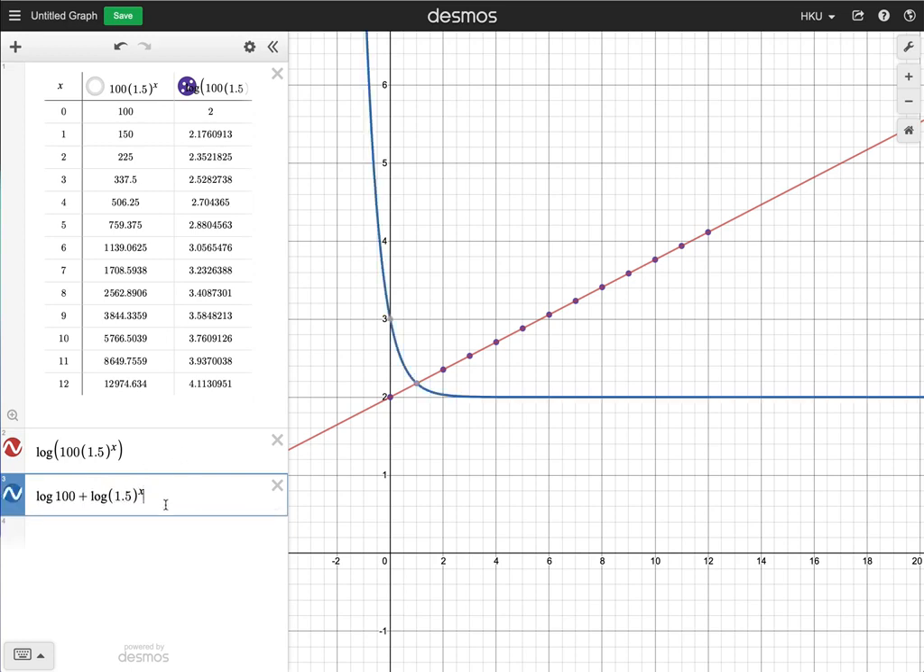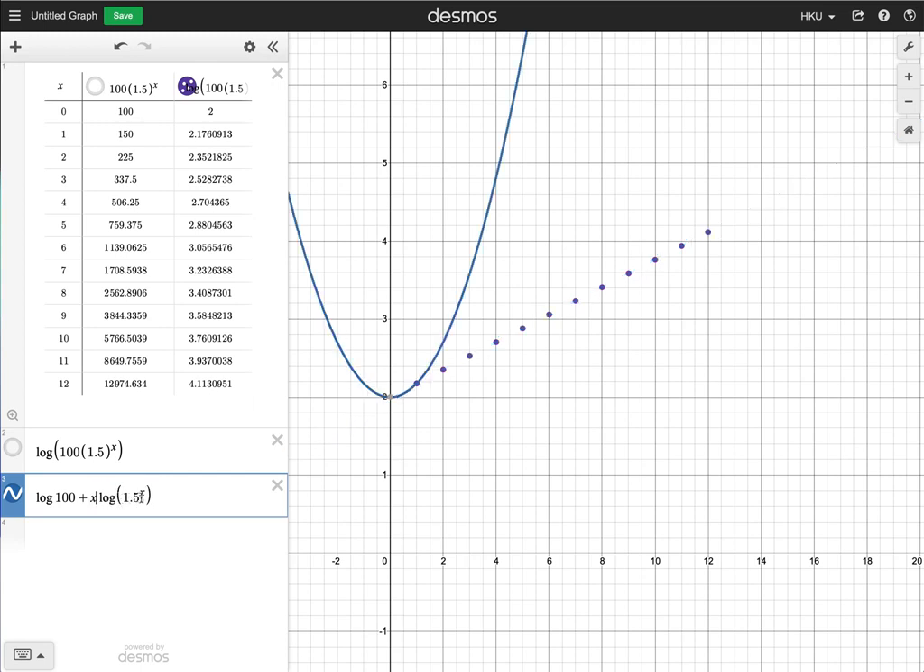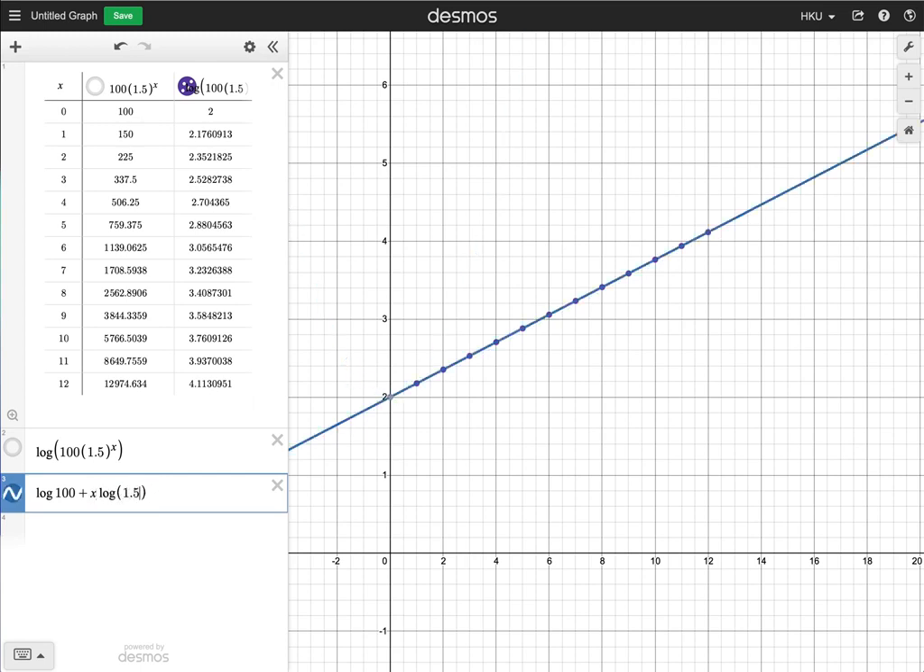And in fact, the power x should be here. Then you can see the correct relation. You can even further simplify it because this log 1.5 to the power x is the same as x times log 1.5. So I just take it away. These two expressions are actually the same, but in the second expression, you can see more clearly why